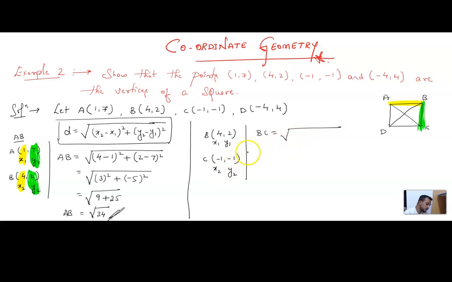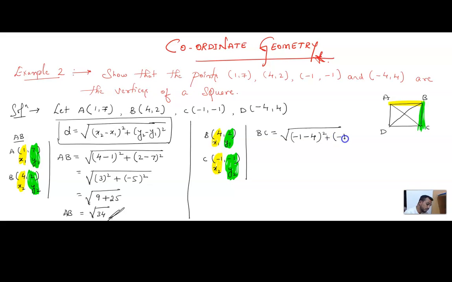What is x2, children? So x1 is 4, x2 is -1. Remember, and what is y1? y1 is 2 and y2 is -1. So x2 minus x1, that is -1 minus 4 whole square, plus